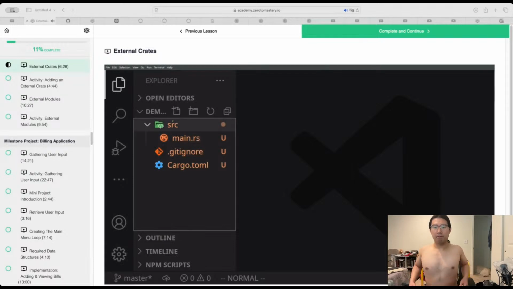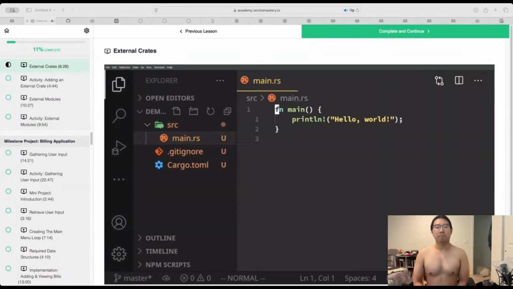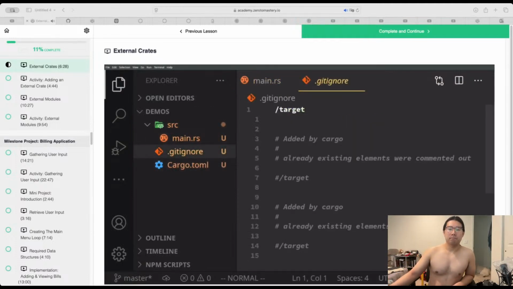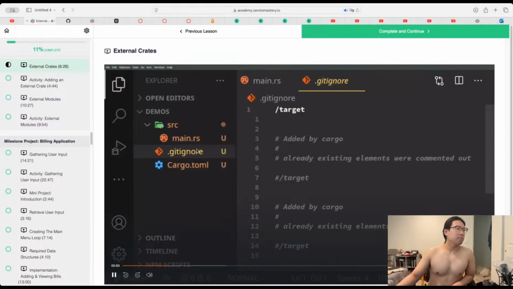Here we have our source directory, where we include all our source files. We have a main file that's created for us, which just prints out hello world. We have a .gitignore file. This file is just used by source control, and it ensures that the correct files get checked into source control. We won't be covering source control in this course, but all source control does is ensure that your code is always available and that you can undo any changes that